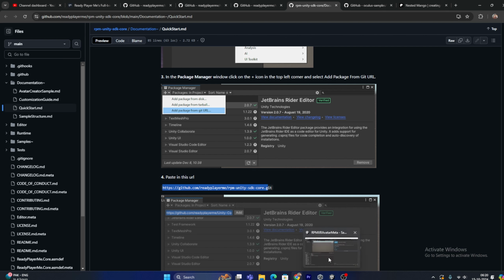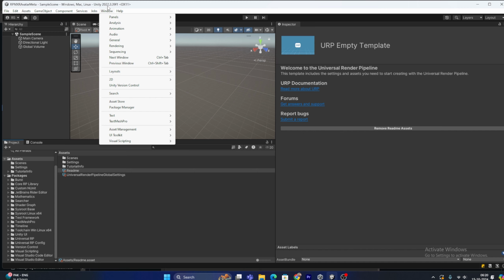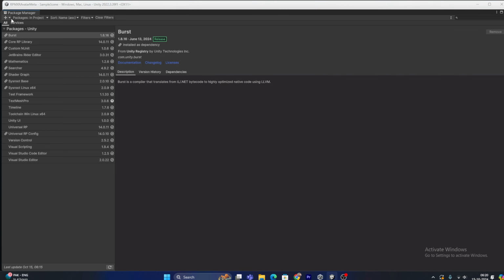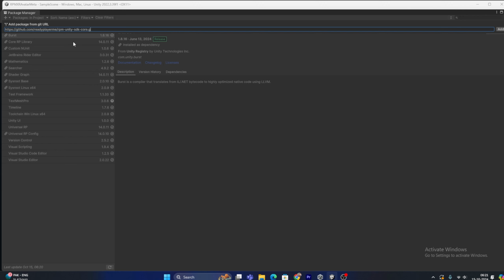and then you have to go in your Unity, and in the Window menu here is the Package Manager. Just click on the Package Manager, and here is the plus icon, so add package from git URL. So you just have to add this one,